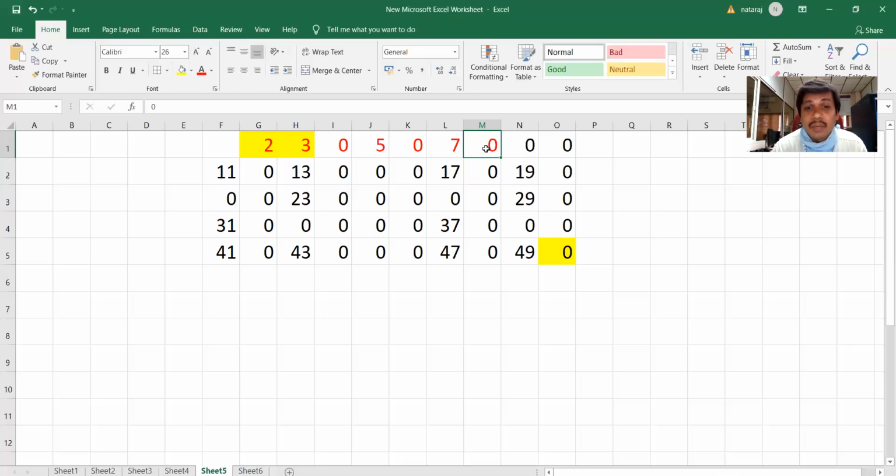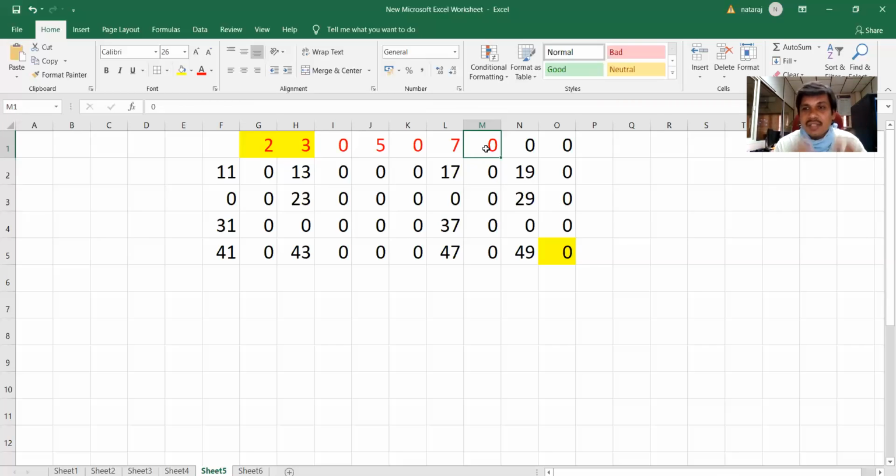Now all the leftover elements in the list are prime numbers. Just check it out. Yes, 5 is a prime number, 7 is a prime number, 11 is a prime number, 17 is a prime number, 19 is a prime number, 13 is a prime number, 23 prime number. All these are prime numbers, right? That's it. The task is over. This is called sieve technique.